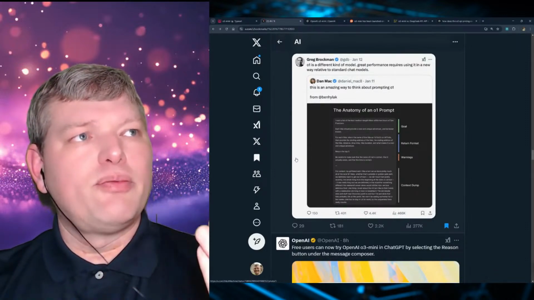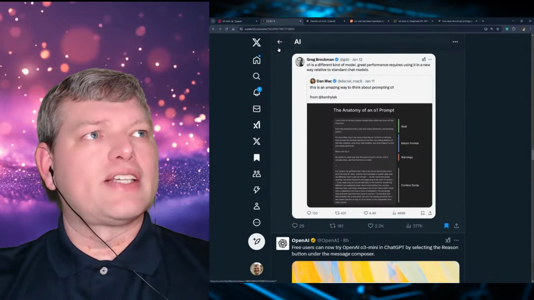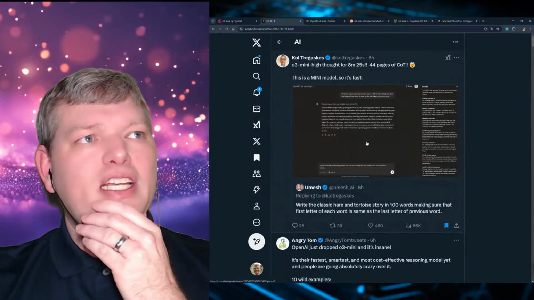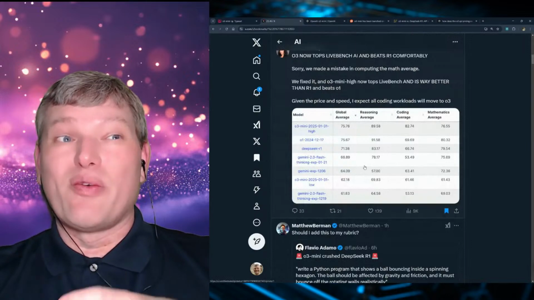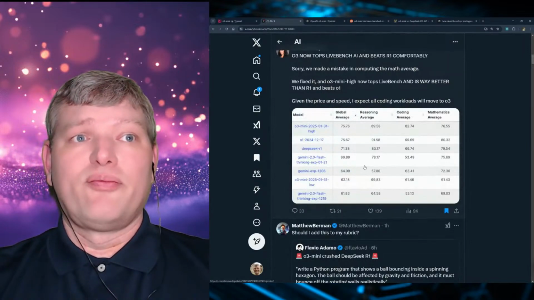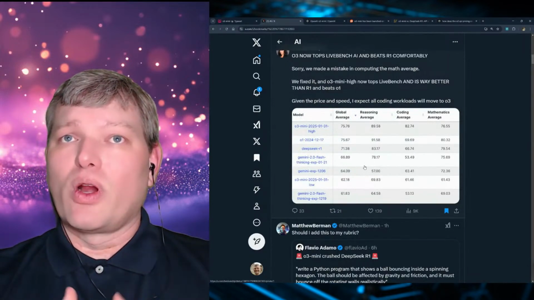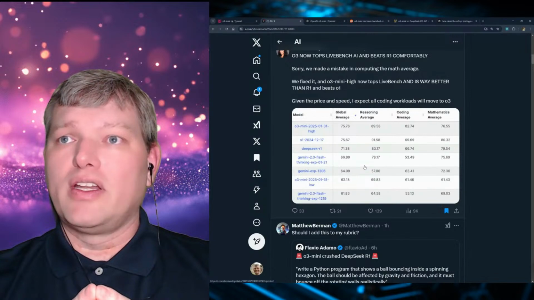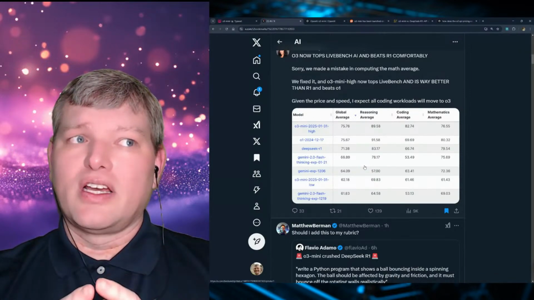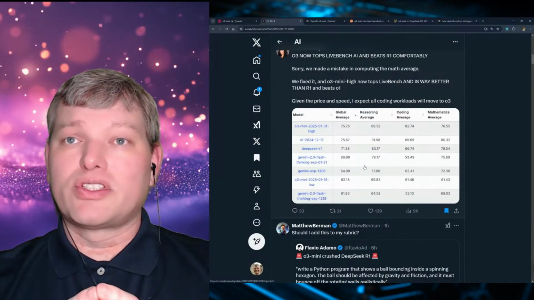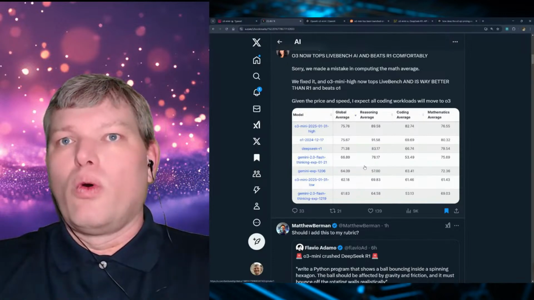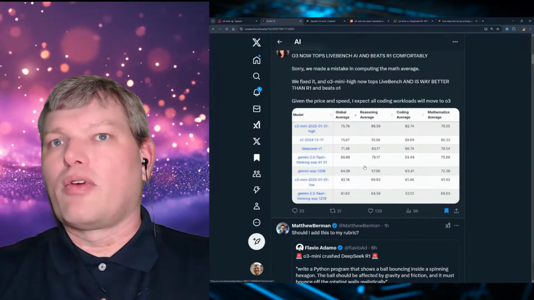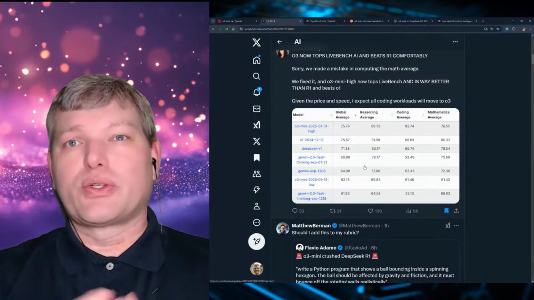And as things have been shared over the last couple of days, what we're seeing is some really astounding numbers on the benchmarks. If you look back at where we were with DeepSeek R1, well, one of the things of DeepSeek R1 coming out was basically DeepSeek was saying, look, we are not beating O1, but the way that we operate is really fast and the scores are really good.